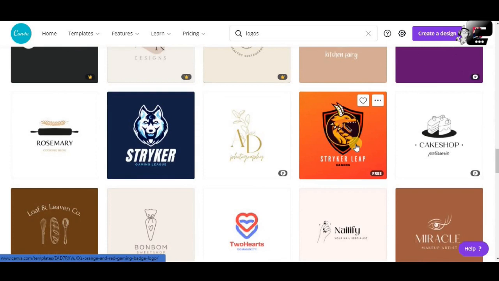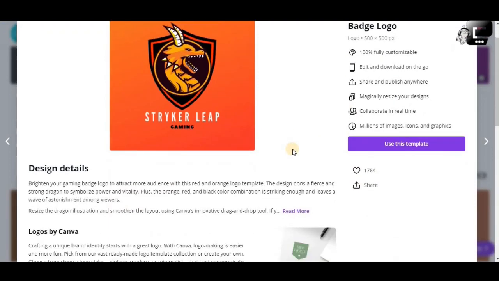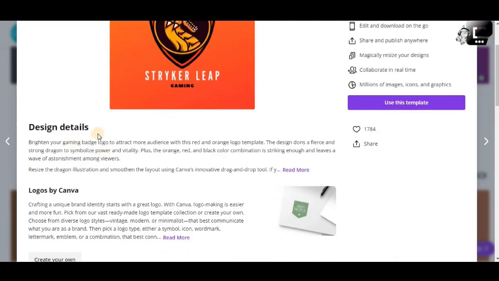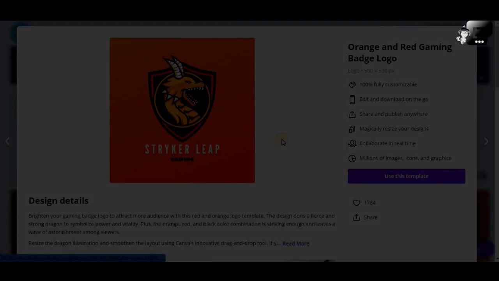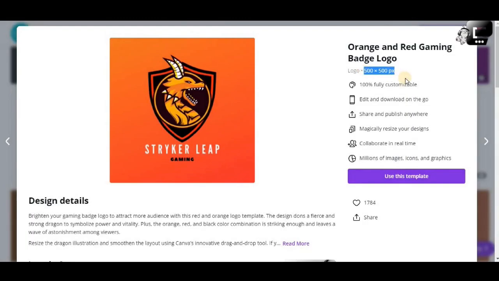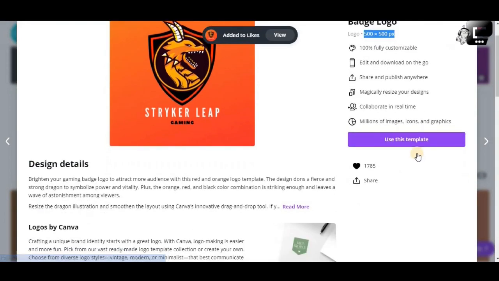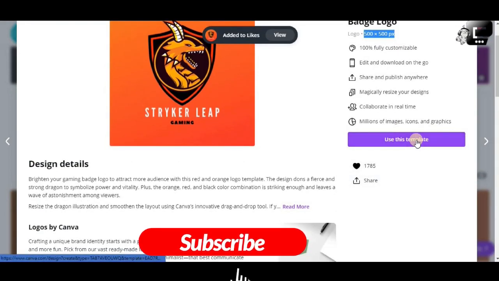Okay, and this one's for free. This is really good if you are into gaming, for example, or your client is into gaming, you can choose these free templates. Let's show you around. Click on that template, and then you will see the details here on this pop-up box. You can see the dimension or the size of the logo that will be created by Canva for you, and then you will see the use this template button here, and you can just click on the use this template button,